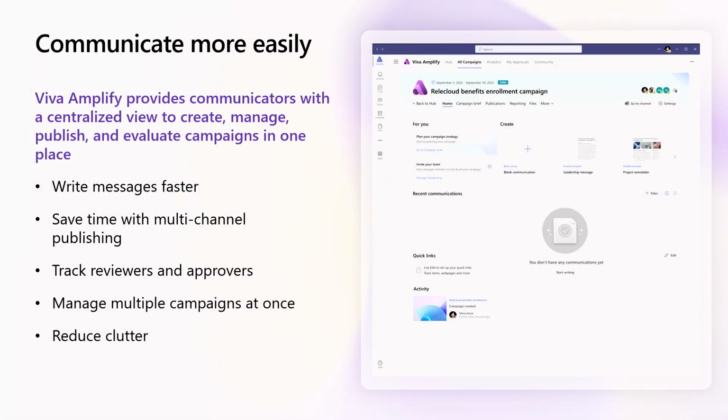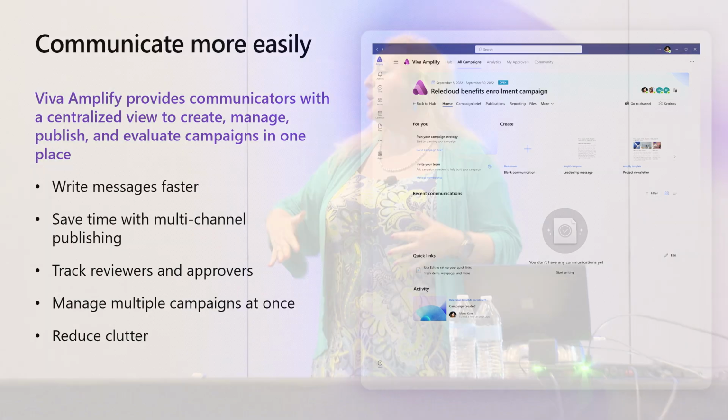Now, of course, with communications here, this is a really cool piece, right? We want to make this easy for you, again, to separate out. I don't have to construct something separate in all of these different endpoints where my audience is. I want to think about how I reach all of them. Now, inside of Microsoft, we have internal communicators, of course, and we have found that on average, our internal communicators are saving 9 to 12 hours per week by doing this through Amplify, because they're not having to go to all of these different places and then be able to put all these areas together. So just really cool areas to be able to see here.